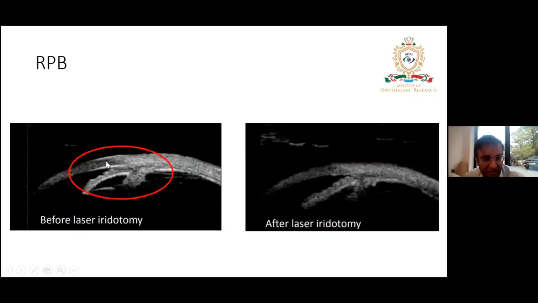So this is another case, which is a relative pupillary block. So you can see the